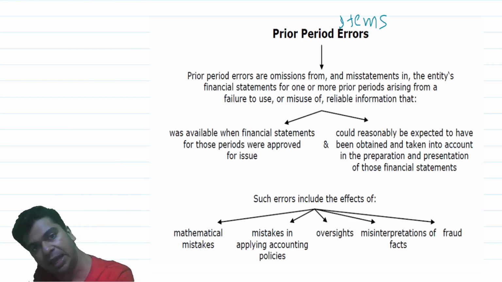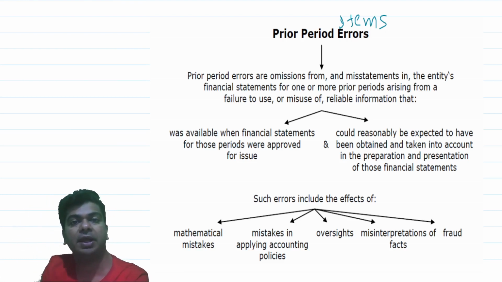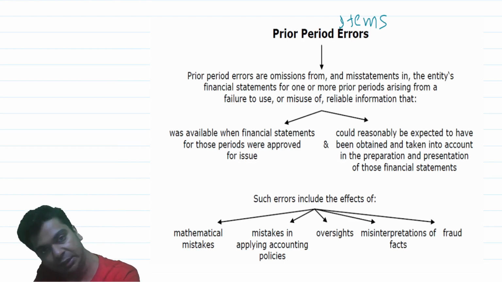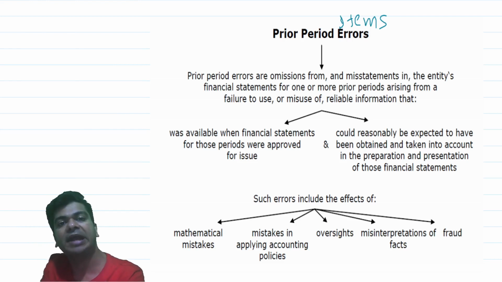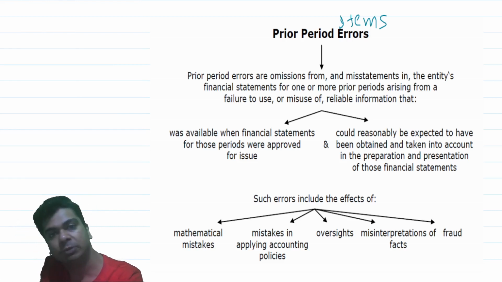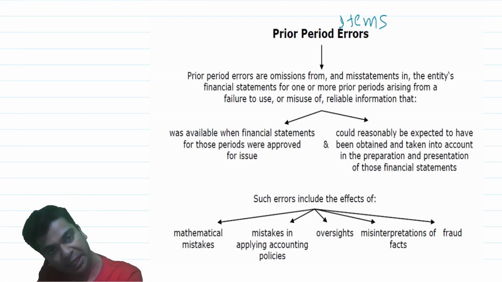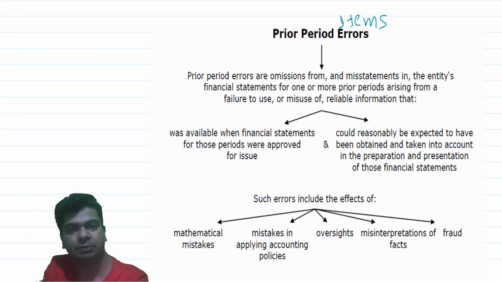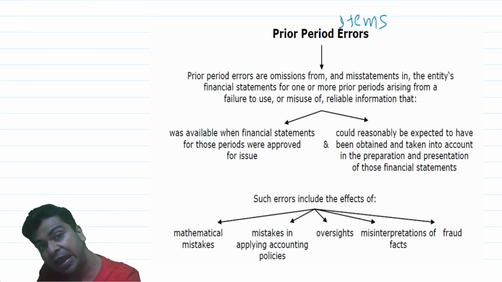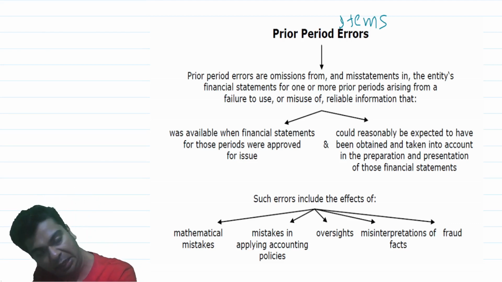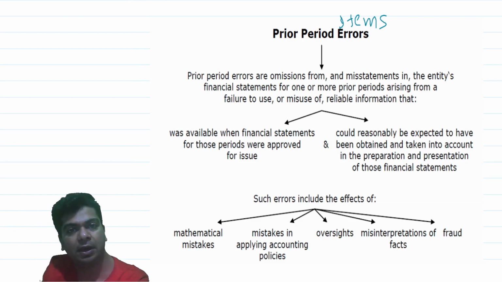In the current period, we realize that there were certain mistakes that we have committed in the past years. There are certain omissions in the financial statements of the past years, and we want to now rectify those errors. We want to rectify those omissions. That is what we refer to as a prior period item. Similarly, under Ind AS 8 also, the concept is the same. In the past year, when you were finalizing the financial statements, information was available, but you failed to use that information, or that information was misused, and because of that there are certain errors and omissions in the financial statements of prior periods. That is what we understand as a prior period error under Ind AS 8.